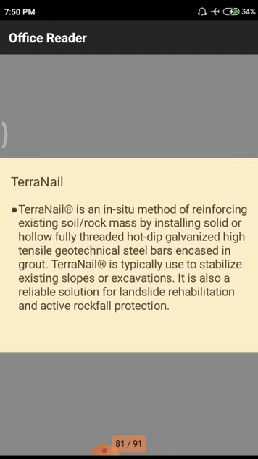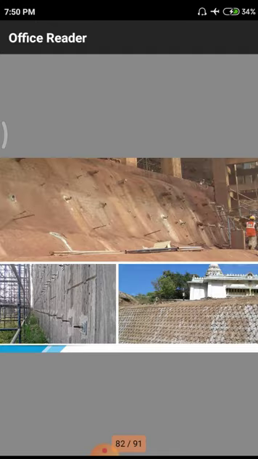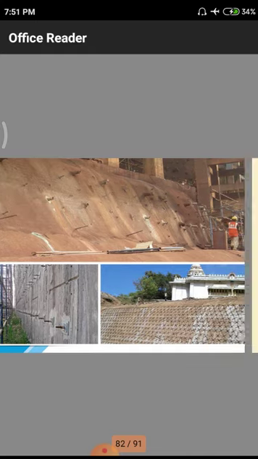Terra nails follow the same philosophy. We have to go for terra nails also. These are the terra nails. Some holes we have to maintain. Through those holes we draw down galvanized iron bars, and those iron bars have to be stressed. In the previous case we used a steel mesh, but in this case we are using a structure of concrete blocks. In the concrete blocks itself we have some holes. Through those holes we inject this reinforcement, and the reinforcement is stressed to get a good amount of bond.